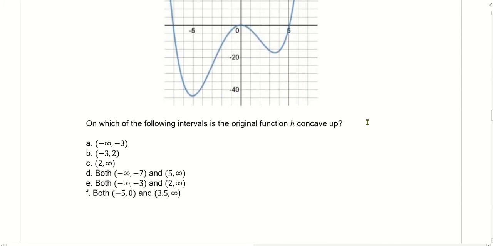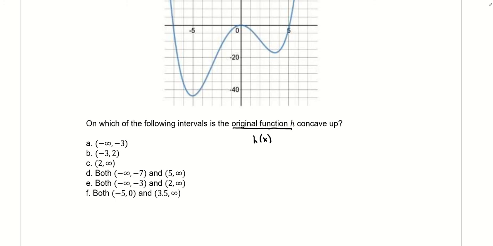And what we want to do is use this graph to make some sort of claims about the original function. Specifically, we want to figure out on which of the following intervals the original function, h of x, is concave up. Now, initially this might seem a little tricky, and maybe we don't have enough information, because as we talked about